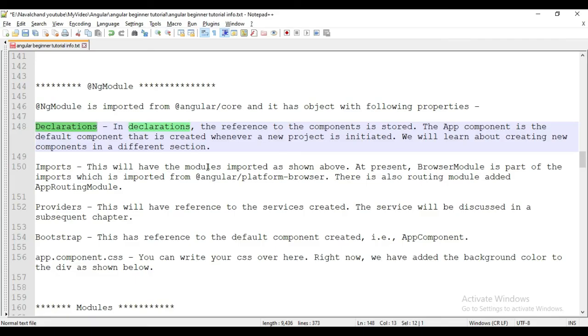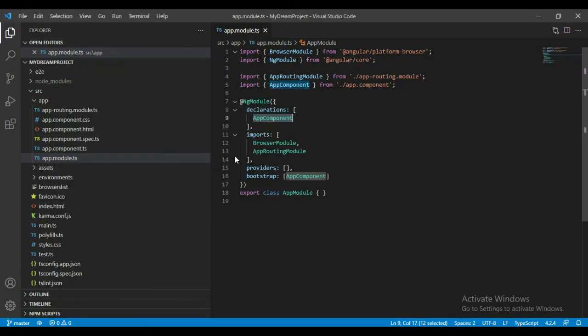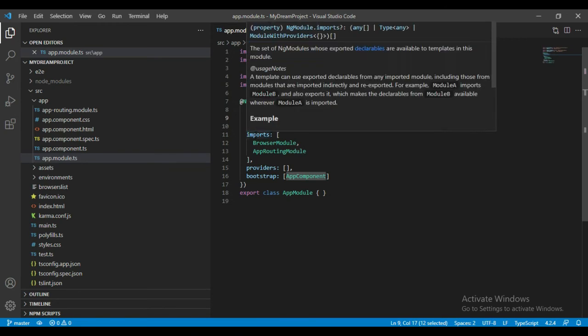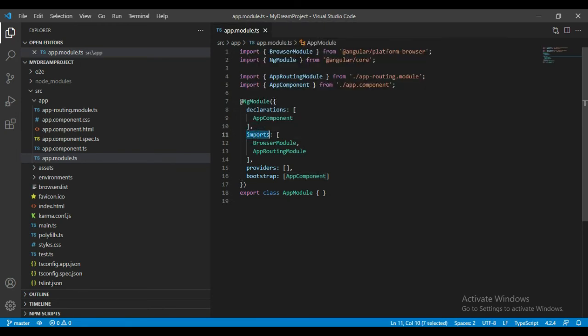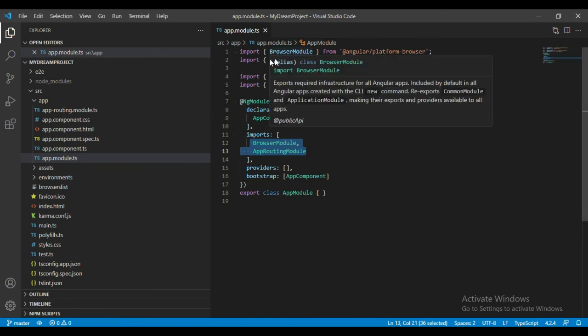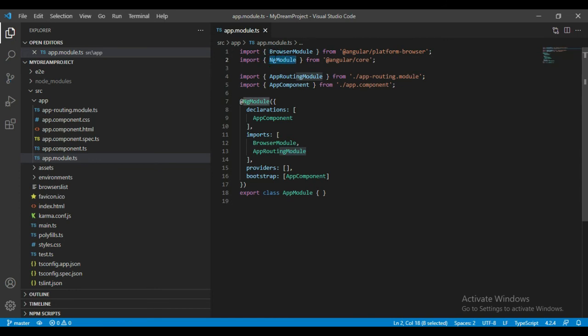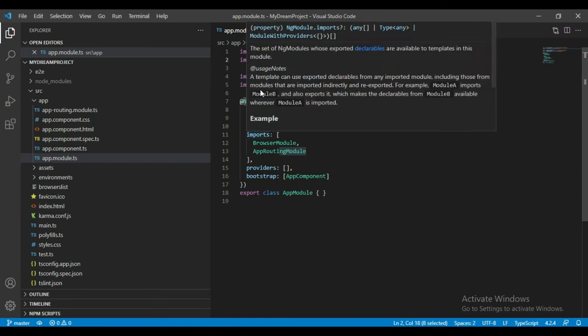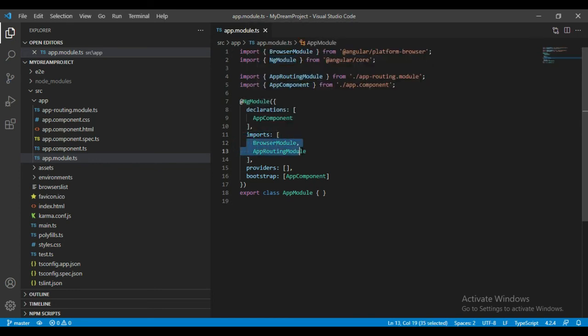This will have the module imports as shown above. At present, BrowserModule is part of the imports, which is imported from @angular/platform-browser. Whatever module we add, we have to define inside the imports. It might be your custom module or a default module, but you have to add those modules inside the imports.